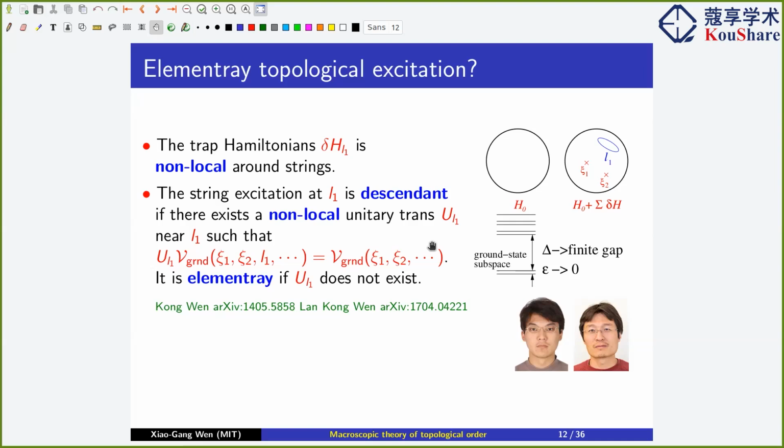This question: do you expect descendant and non-descendant to be distinguished by whether the excitation can in some sense be detected at infinity? Yes, that's a way. The elementary one can be detected at infinity, but the descendant one cannot. So that's another way to do that. This remote detection only applies for the elementary one, and the descendant ones cannot be detected remotely. So in some sense, you can see this is also the reasoning why including descendants